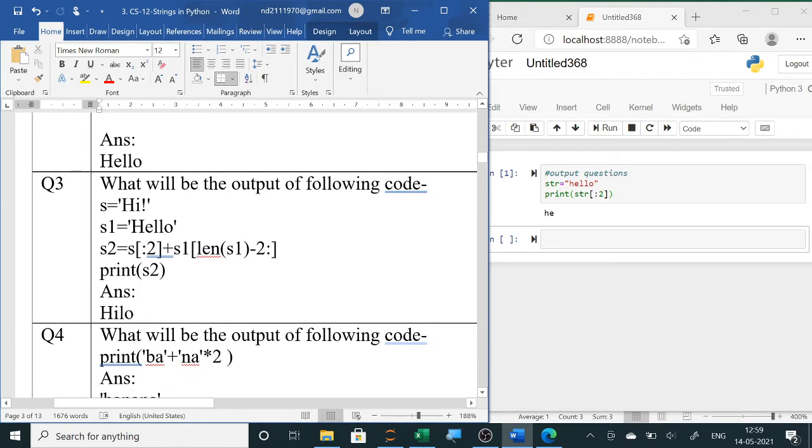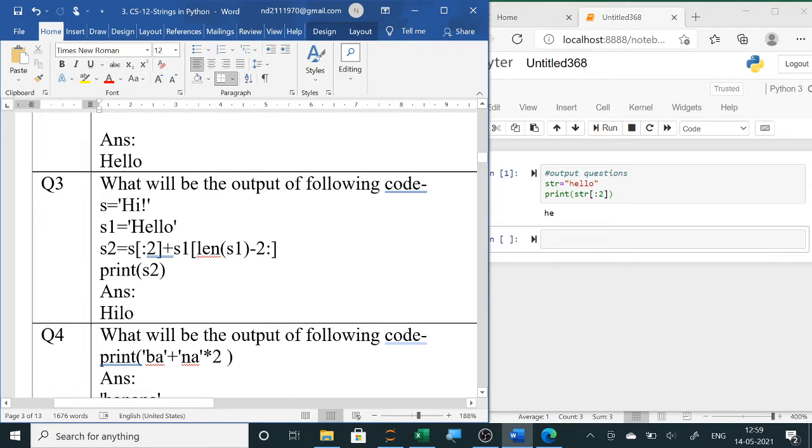Next, S is hi, S1 is hello. Now S2 is S colon 2, that is the first two characters, so hi will be taken. From S1, len of S1 minus 2: len of S1 is 5, and 5 minus 2 is 3. The colon means till the last.